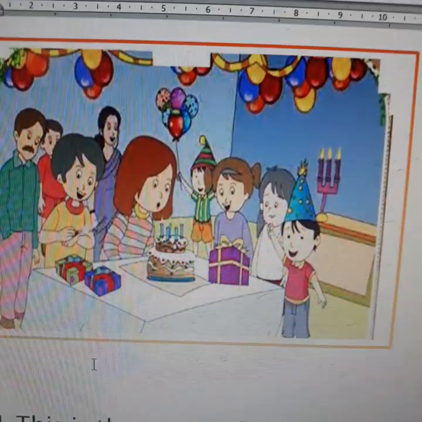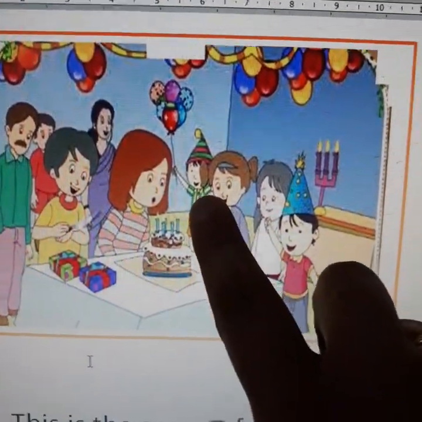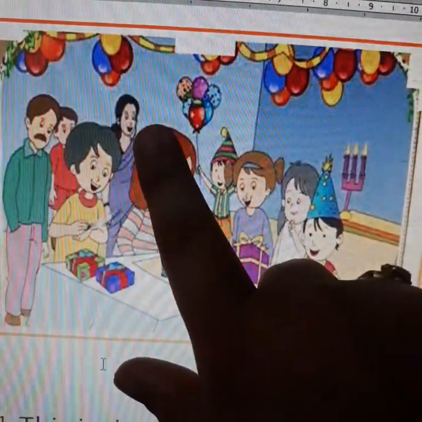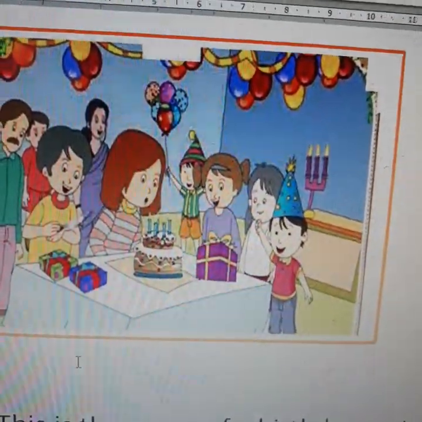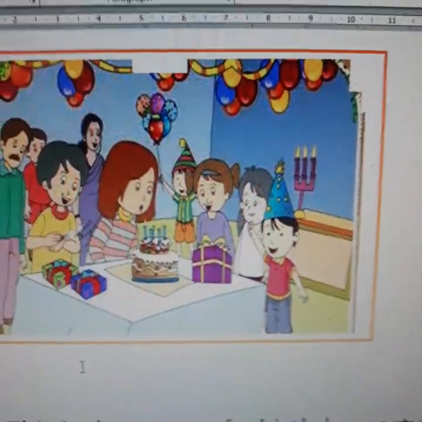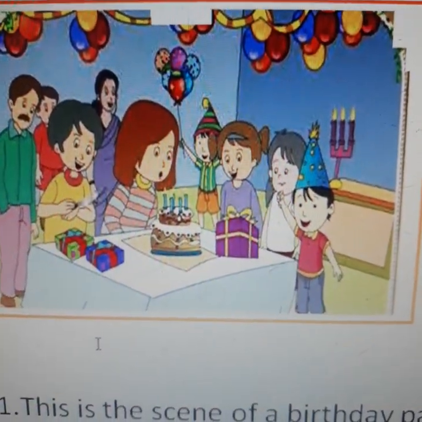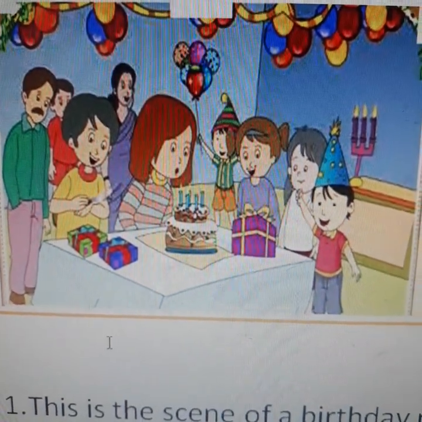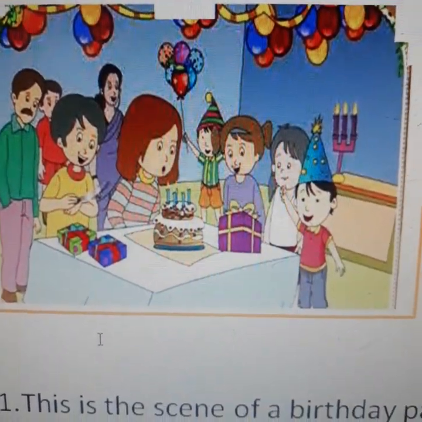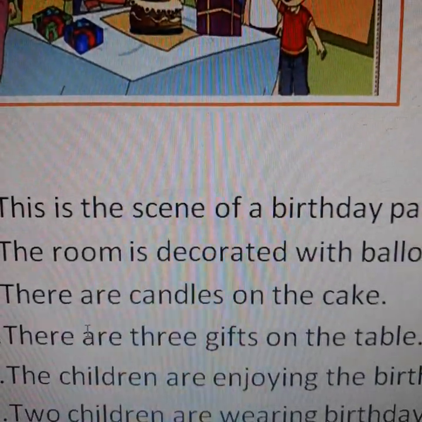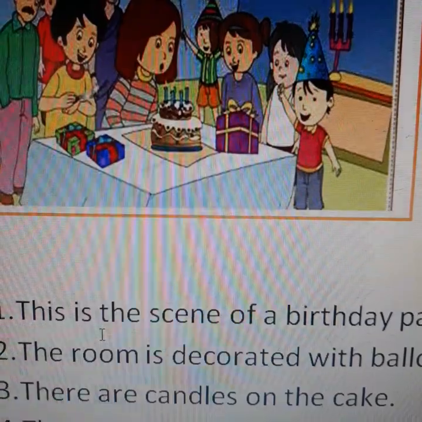You can frame other sentences: a boy is holding a bunch of balloons, father and mother are standing behind. Okay, children are happy, right? So they are excited, the cake looks yummy. Okay, so this way you can create a number of sentences. So for today you have to note down these sentences in your notebook and do practice.